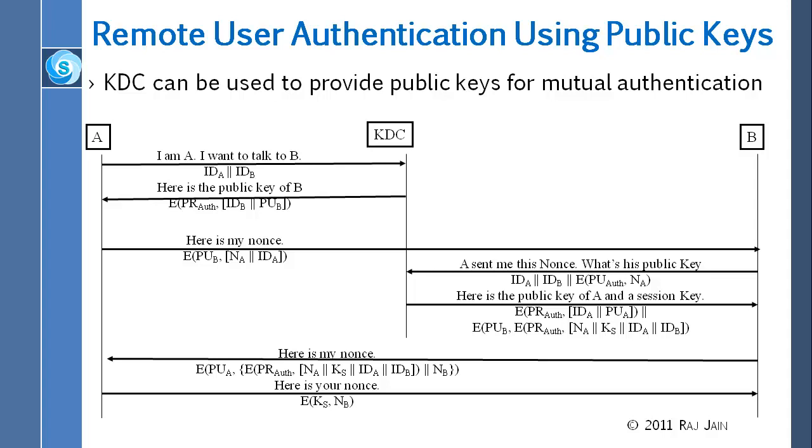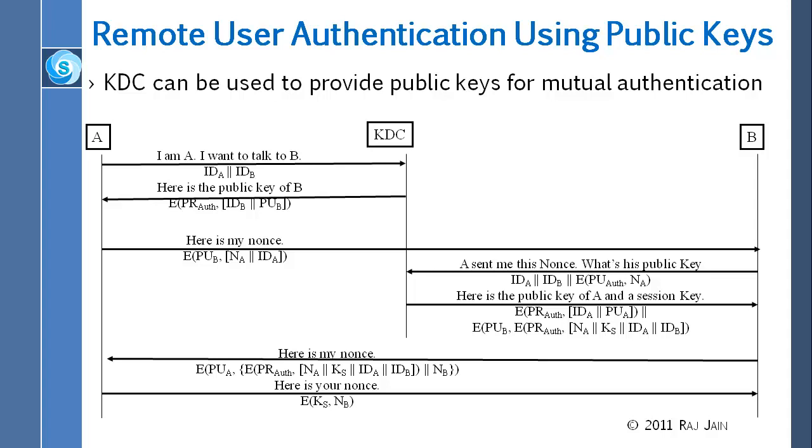It is encrypted with PR, the private key of the authenticator, the KDC. Everybody knows the public key of the authenticator, right? So with that you can get the public key of B, PUB. By the way, you also get the address and ID of B. Then you can send the message to B, the ID you already sent anyway. You say, here's my nonce, and the message is encrypted with your public key. So if it reaches the right place,